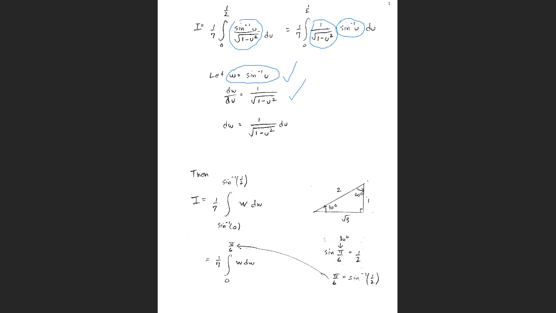That's a derivative that you learned in calculus 1, the derivative of the arc sine. How many remember doing the derivative of the arc sine in calculus 1? Okay, good. I mean, it's supposed to be covered. Well, very good, excellent. So then dw is going to be equal to 1 over the square root of 1 minus u squared du. And so now